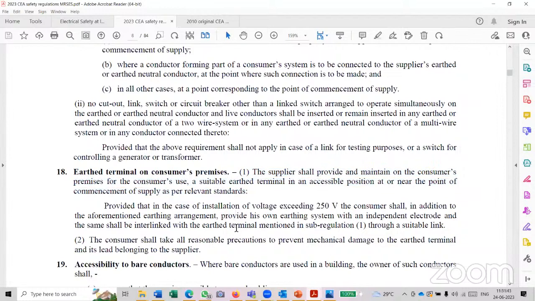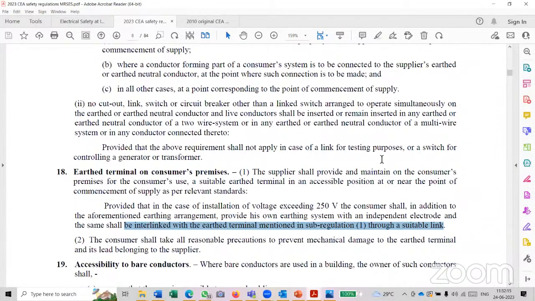That is the last class. And the same shall be interlinked with the earth terminal mentioned in sub-regulation 1 through a suitable link. This is what we call the supplier's responsibility of providing a link, that is, an earth neutral link at the consumer premises. Apart from that, especially for the consumers whose voltage doesn't exceed 250 volts,